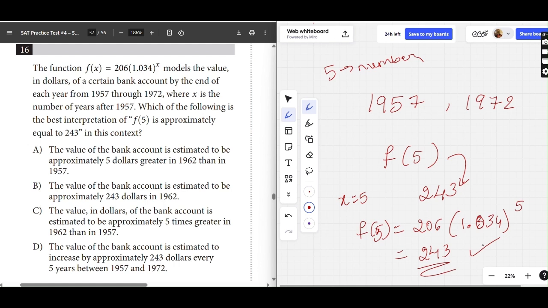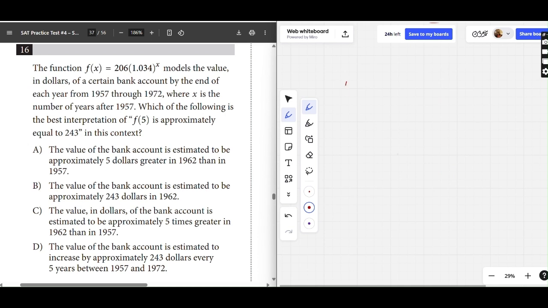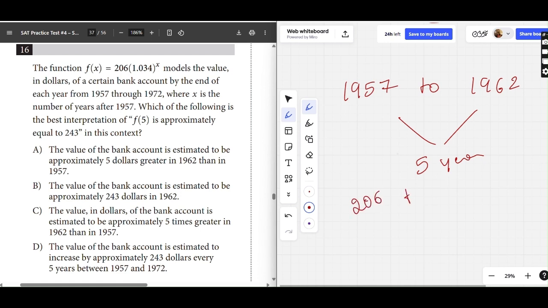So 5 years after means 1957 to 1962. After 5 years of gap, you can see 206 to $243. That's approximately